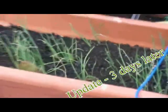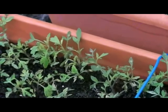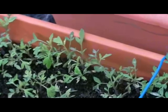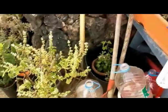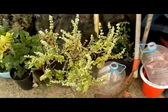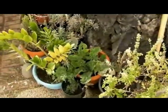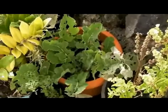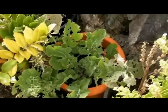Also, the seedlings for spring onions, and my tomato plants are improving. The tomato plants have grown some extra leaves and they'll be ready to transplant into pots. In front we have some basil, some peppers growing to the right hand side, a couple of indoor plants as I've got outdoors, a caterpillar eating swede,